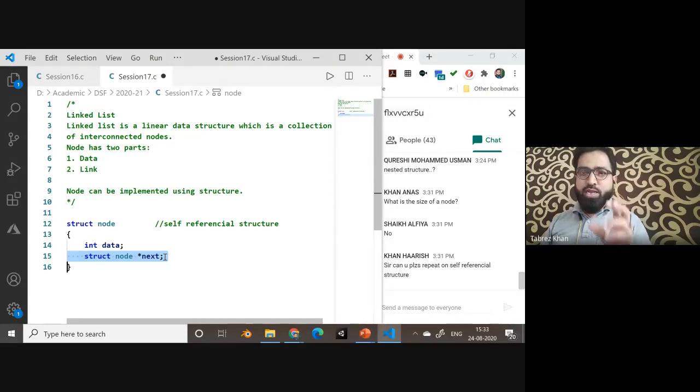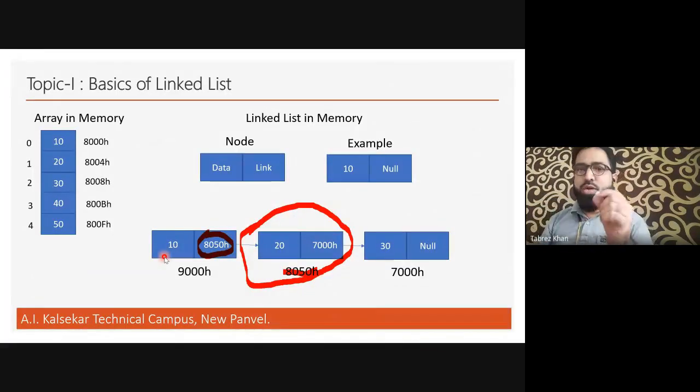Because for a linked list, you need to have interconnection. You need to have the capability of one node to point to another node. When one node has the capability to point to another node, then only you can visualize a linked list. Then only you can implement the linked list. So what you need to have into this block is a two-part block, or node. This node is a two-part node, a data part and a link part. So this link part should have the potential of